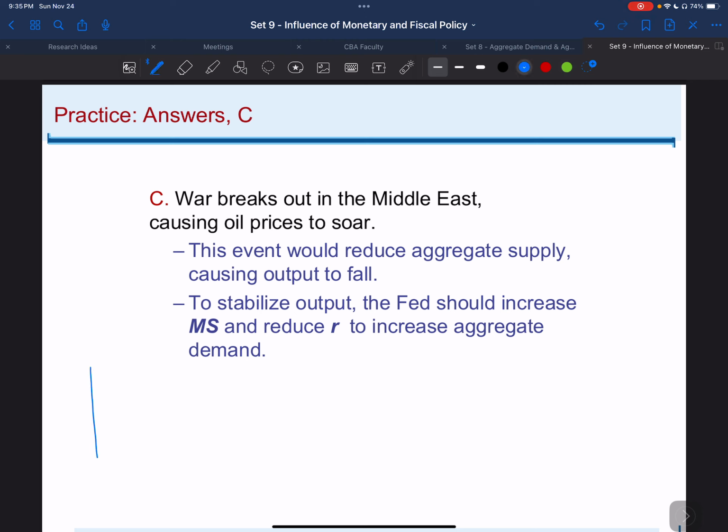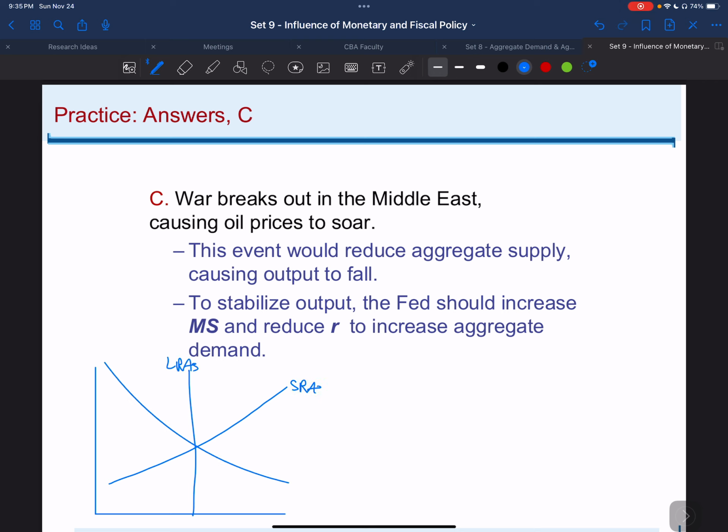Okay, so we are in a stable situation in the economy, and we have long run aggregate supply, short run aggregate supply, aggregate demand, level of the prices, and real GDP. And we are at this equilibrium point when suddenly war breaks out in the Middle East, and it causes the oil prices to soar. So this event will reduce the aggregate supply because